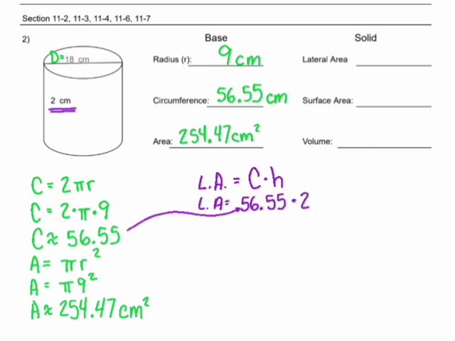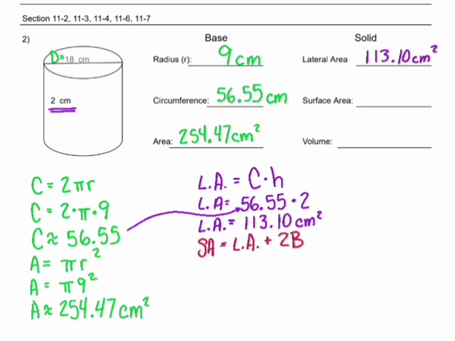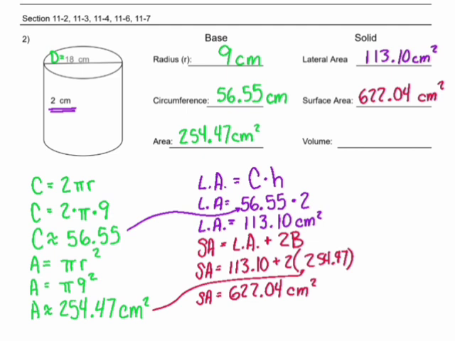But we know the circumference is 56.55 and the height is 2. Plug it into a calculator, we get 113.10 centimeters squared. To find the surface area, we're going to take the lateral area plus 2 bases. The lateral area is 113.10, and the 2 bases are 254.47. Plug that into the calculator, and we get